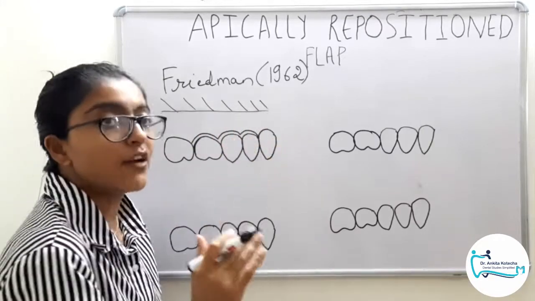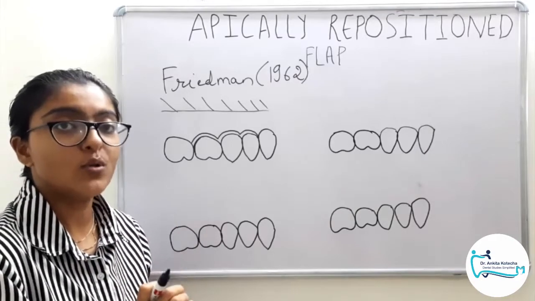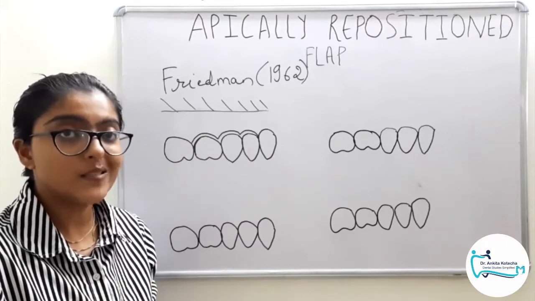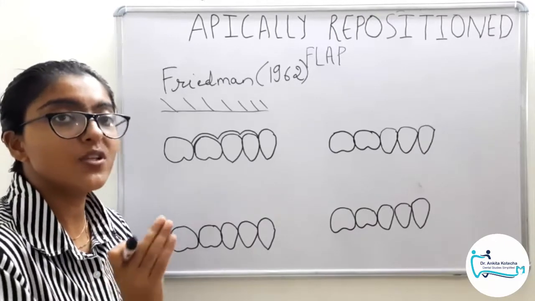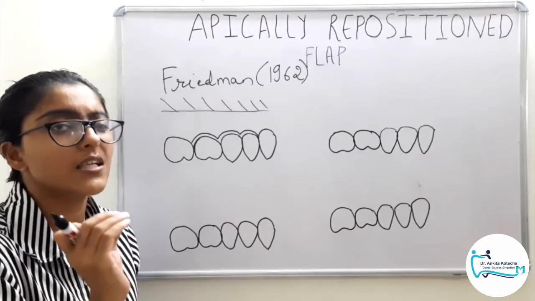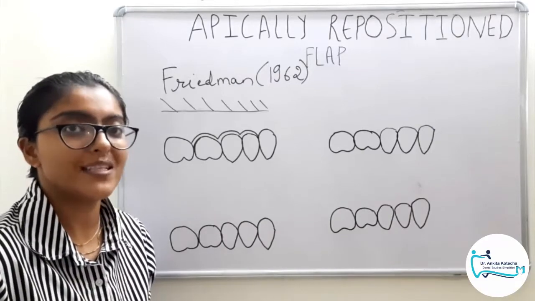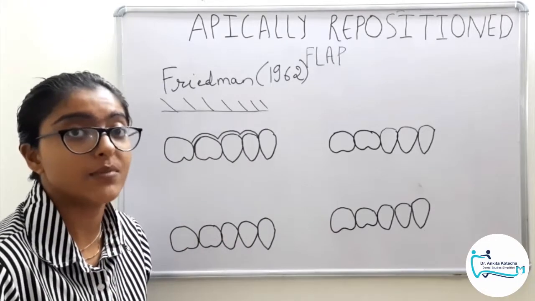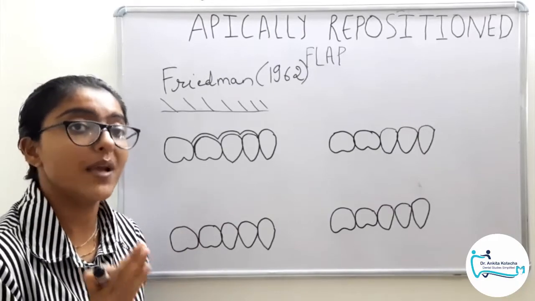Now if we have sufficient attached gingiva and the gingiva is thick, then we can follow the rule according to transgingival interdental probing depth. But if the gingiva is thin or the attached mucosa is less or minimum, then we should give our incision as near to the crest of the gingival margin as possible. That is just a very thin pocket epithelium and connective tissue, so as to preserve the maximum tissue, because that is the aim of this technique. This technique aims at pocket elimination and simultaneously preserving the attached gingiva, preservation of the maximum tissues.